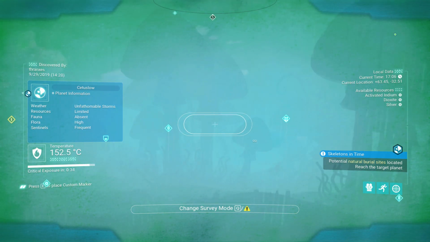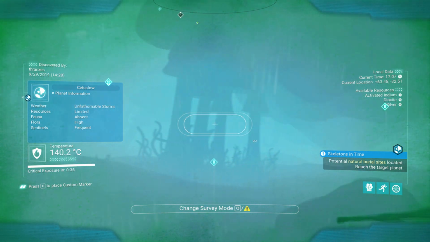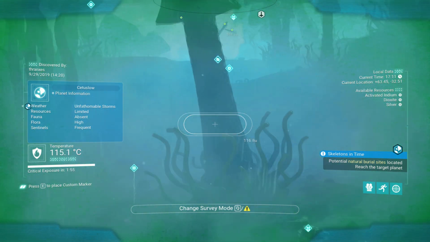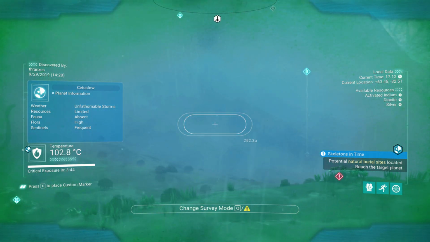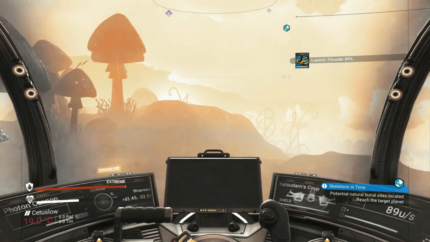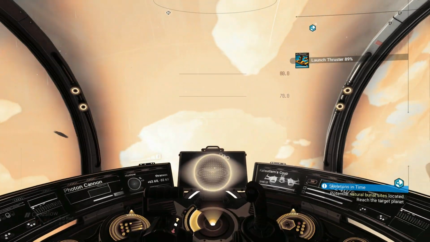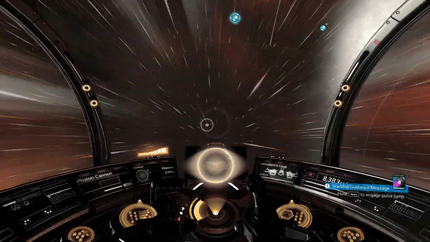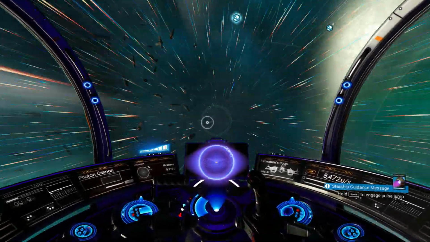Hold up, we have some technology modules. Maybe we should get one before we leave. Just dig one up. No, we're on a mission. Oh my gosh. This planet is really cool, but it would just figure we find these really cool planets while we're on a mission. I guess I could build a base and we could come back to it, but...